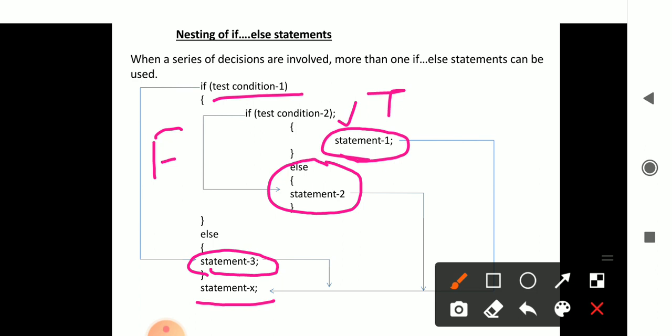Either the condition becomes false or true, statement X will be executed. In case the first condition becomes false, statement 3 will be executed and the control will be transferred to statement X. Likewise, if condition 2 becomes true or false, either statement 1 or statement 2 will be executed, and in either case the control will be transferred to statement X.